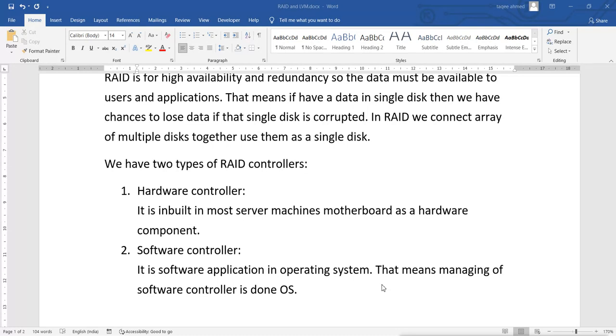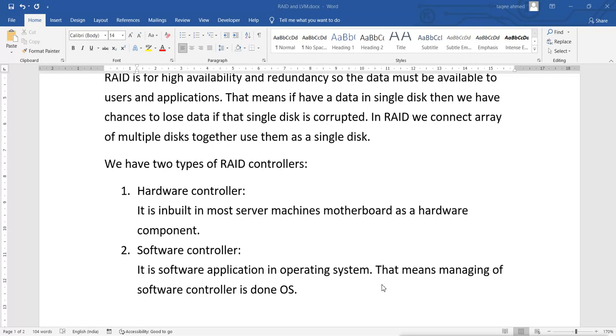Most of the games directly say that we need a graphic card, they don't work normally. So we add an additional graphic card in our system, so that the additional graphic card controls the graphics, and the processing task is done by our normal processor. So our machine works fast, our game works fast, and all that.